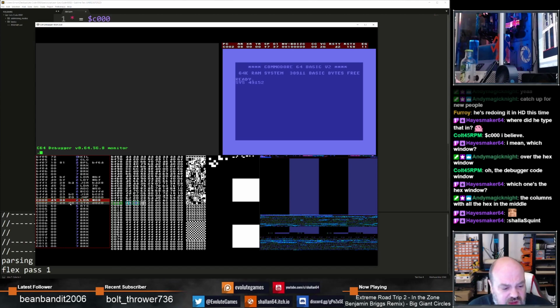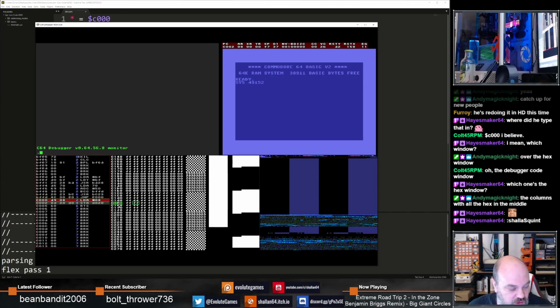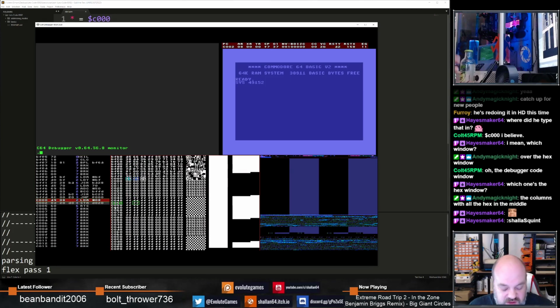Now the confusing thing about the C64 and other 6502 systems is they use a number format called little endian, and what that means is, given a 16-bit address, that's an address that's more than 255, so 256 and above, or a memory address. You see these numbers down the side here, these are the addresses in memory. You can think of memory addresses as